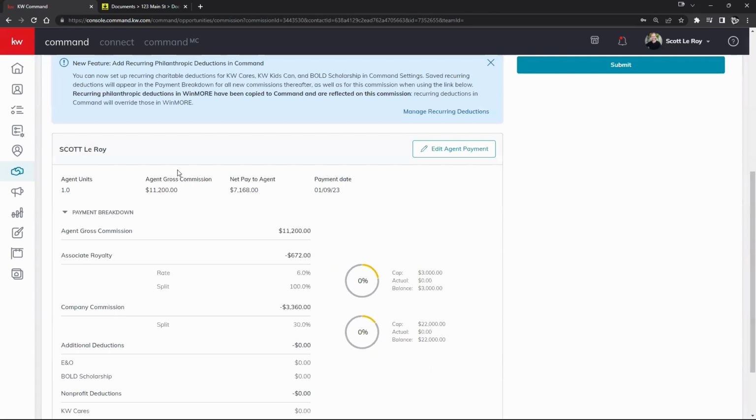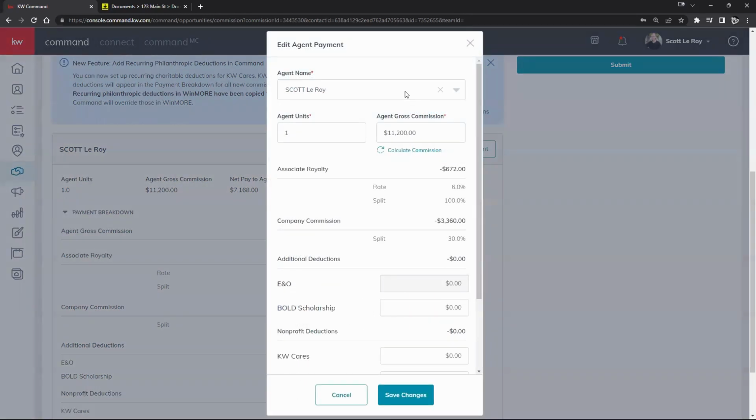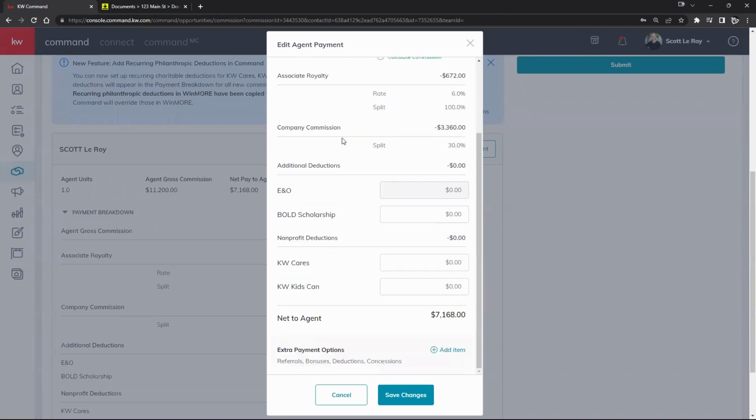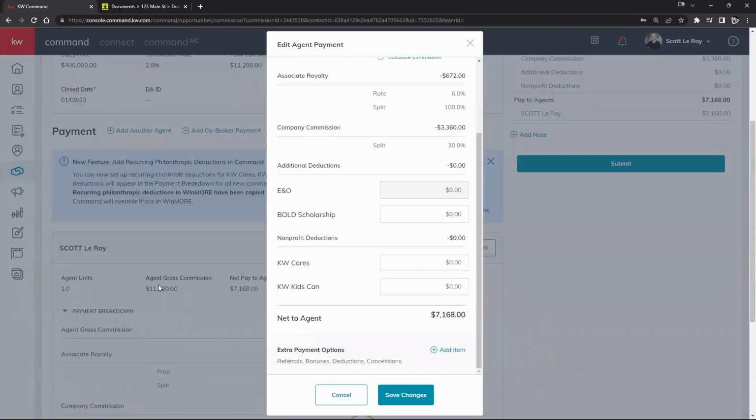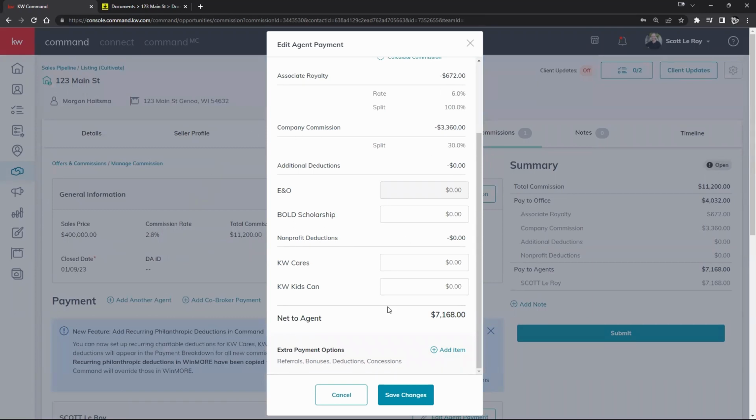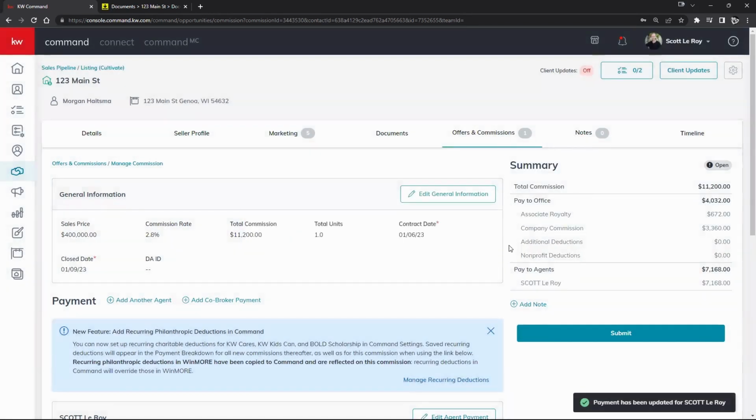Now, scrolling down here a little bit more, we have our agent payment right here. So again, this just reflects your royalties, your caps, any kind of breakdown that you may be looking at. And as we go ahead and click on that edit agent payment button, we have that ability to select that again. So as we see right here, we have all of that information accordingly, depending on what we ended up choosing to separate out. We can go ahead and save changes. Again, we also have that add payment option for ourselves. We'll hit save right here. And then on the right-hand side, you'll see that it's ready for us to be able to